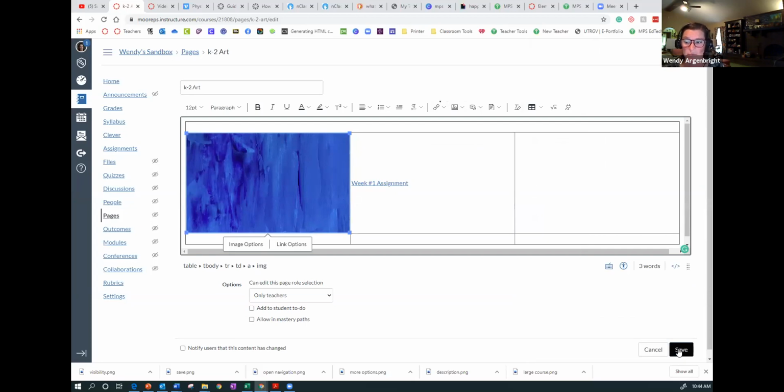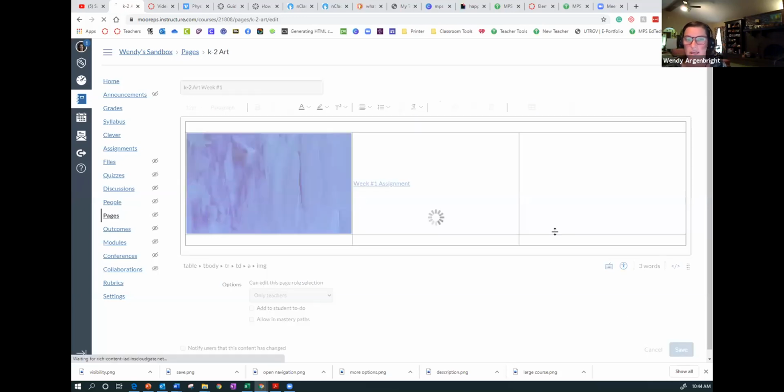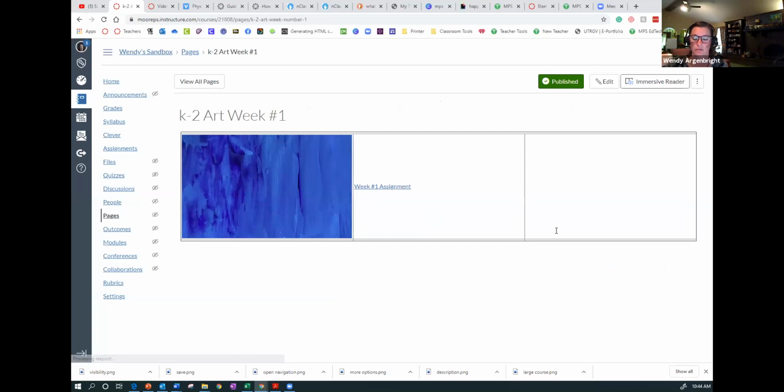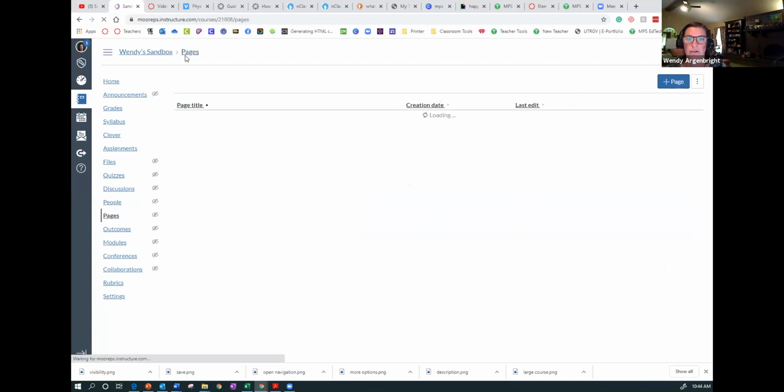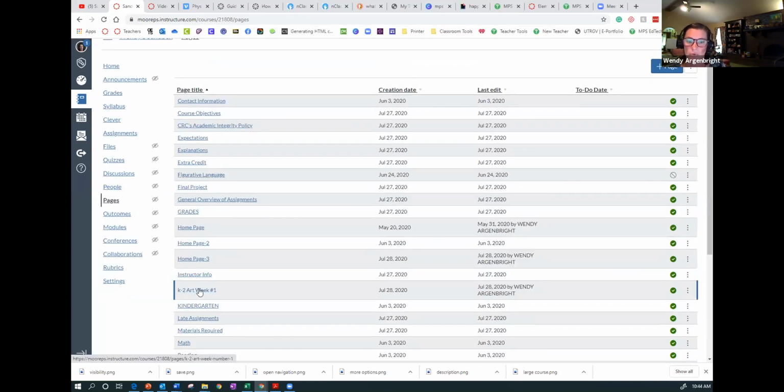So now we have our K through 2. We have our first assignment put into our page. So this page here is our K through 2 art. Let's call this week 1. Once you get that built up, so you have week 1, all of the activities or all of the assignments that you want the students to do in that week, you can simply take that page and you can copy it. All right, so don't reinvent the wheel every week. So once you have your K through 2 art week 1,